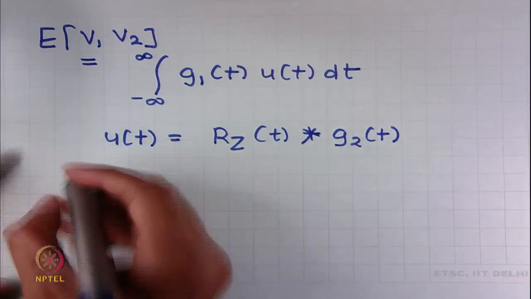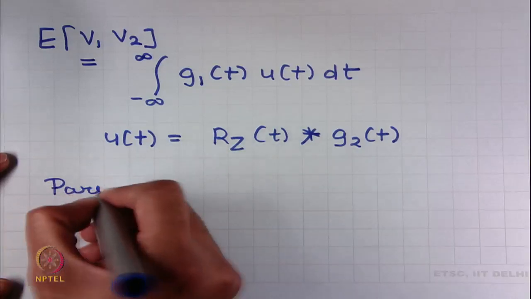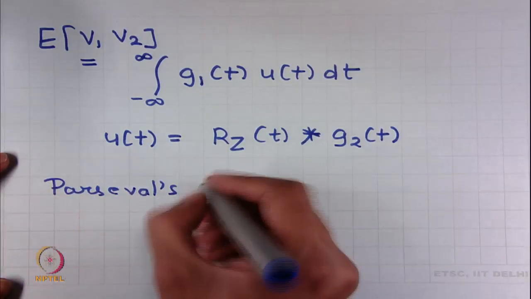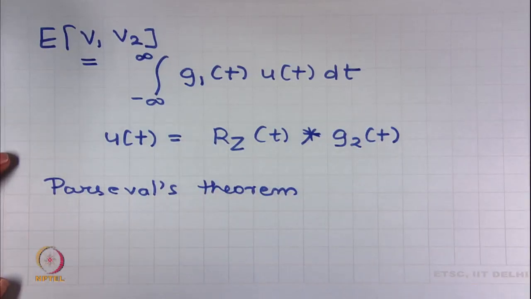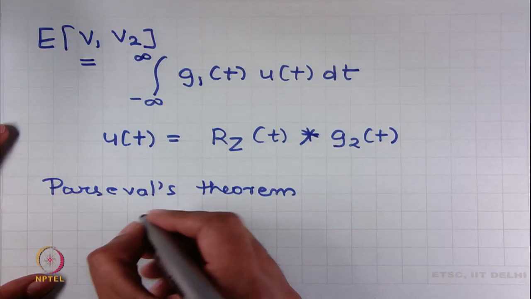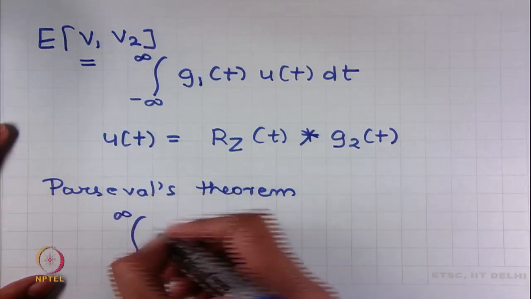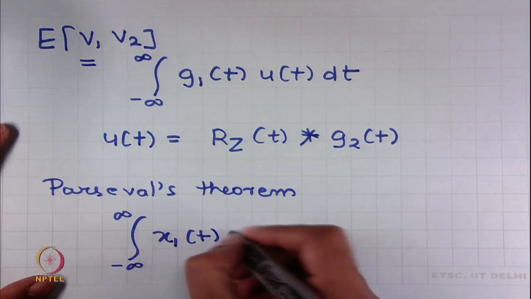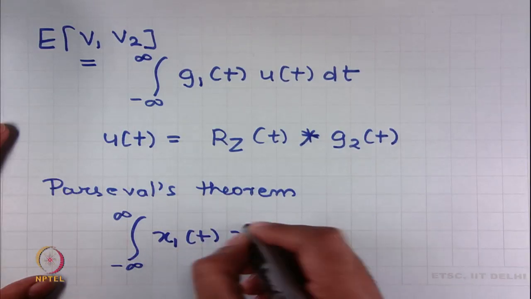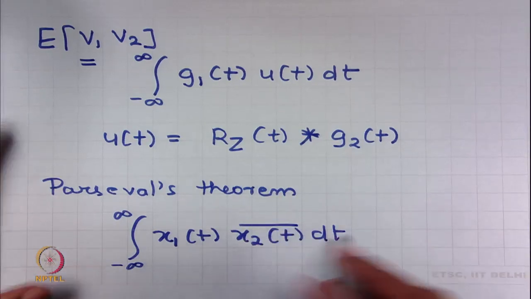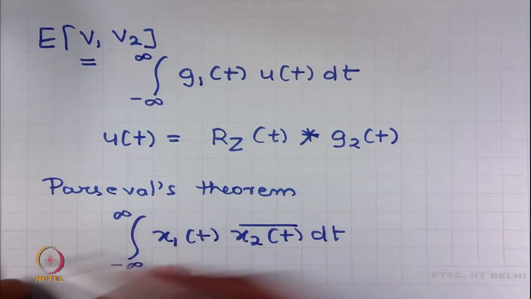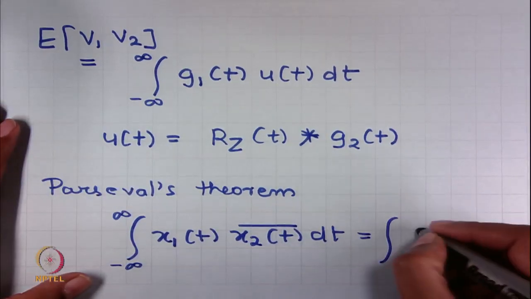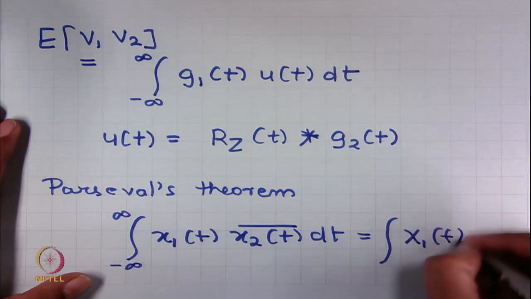So, let me remind you of Parseval's theorem. Parseval's theorem says that the inner product remains preserved when going from time domain to frequency domain. So, let me write that. So, if I am interested in taking the inner product of two signals in time domain, where this bar is for conjugation, this is the inner product of the two signals in time domain, and this inner product will be the same as this inner product